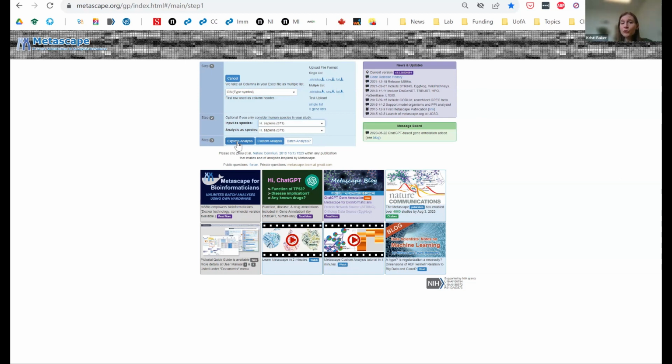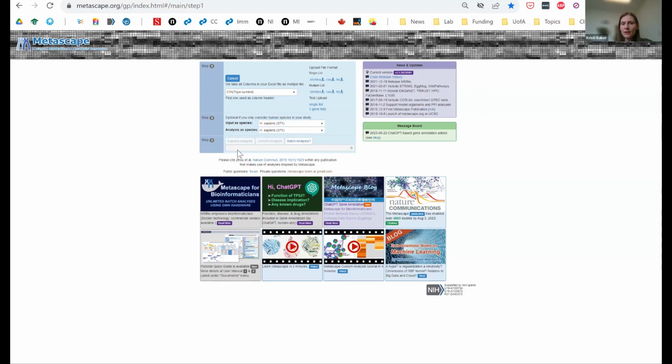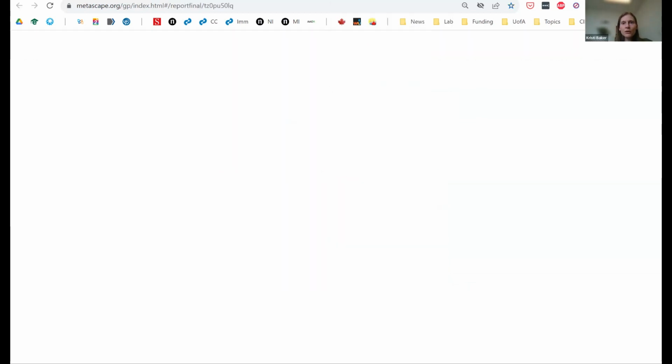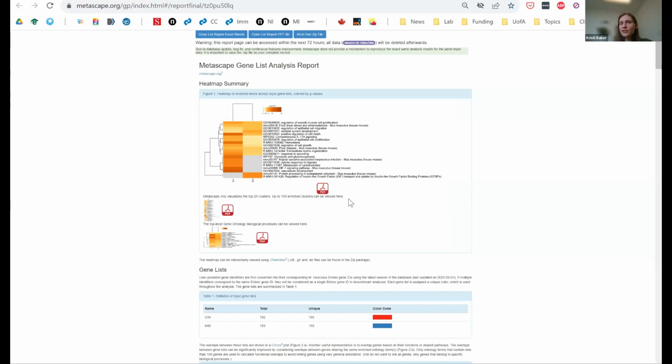I'm going to warn you, once you press this button, it takes a bit of time. So I'm pressing it now, and you're going to see it run through the analysis. So don't worry if you press something and nothing happens immediately, that's normal. I'm going to quickly swap over to this tab where it finished the analysis before. And what you can see here is,